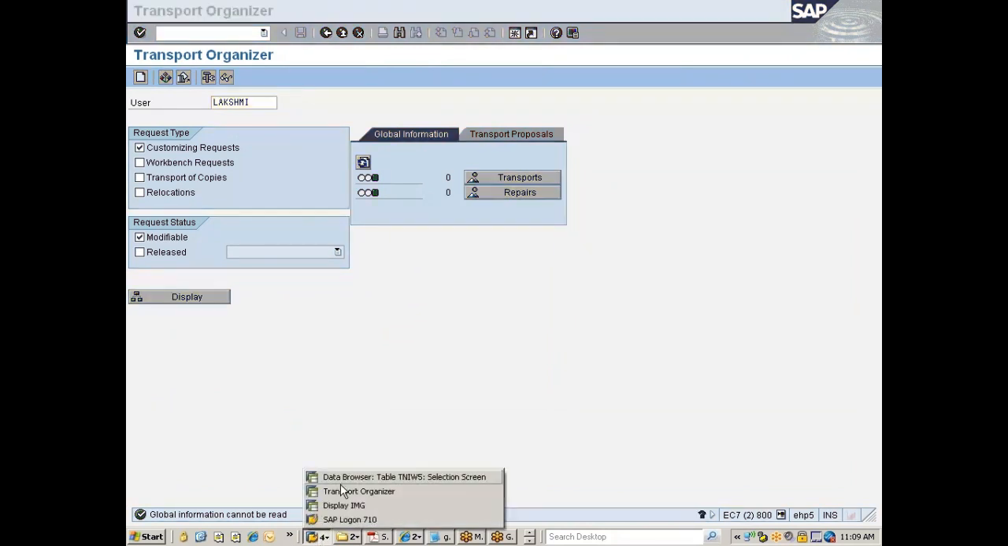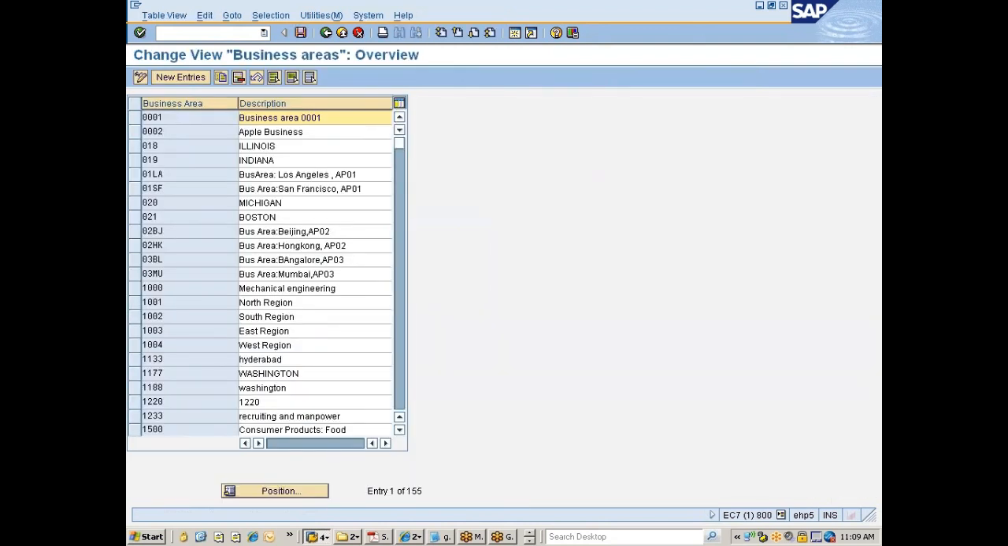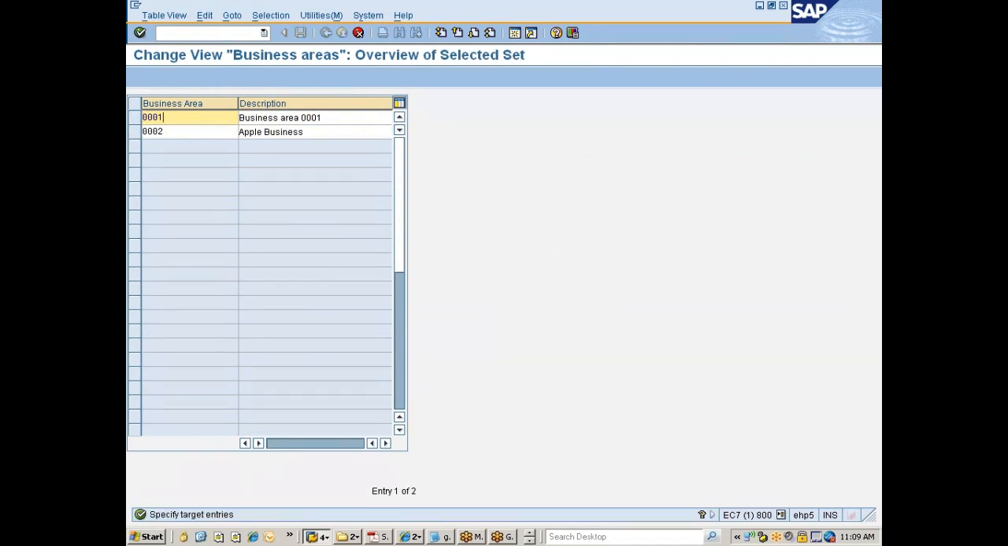Okay. So we have created the company code also. Now the next one is define business areas. So let me just quickly go and define a couple of business areas. Okay. I'll just take 0001 and 0002. I'll copy both. Just say copy as. Okay, so this is something like